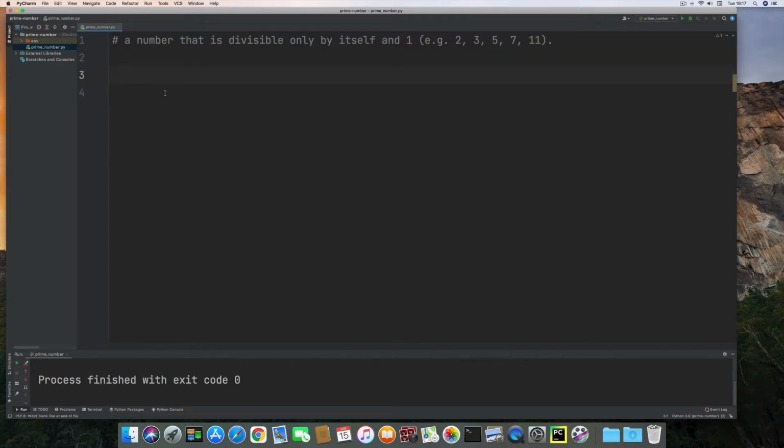First of all, I just wanted to explain what a prime number is. A prime number is a number that is divisible only by itself and the number 1. Numbers starting from 2, like 2, 3, 5, 7, and so on, are prime numbers. So my function is